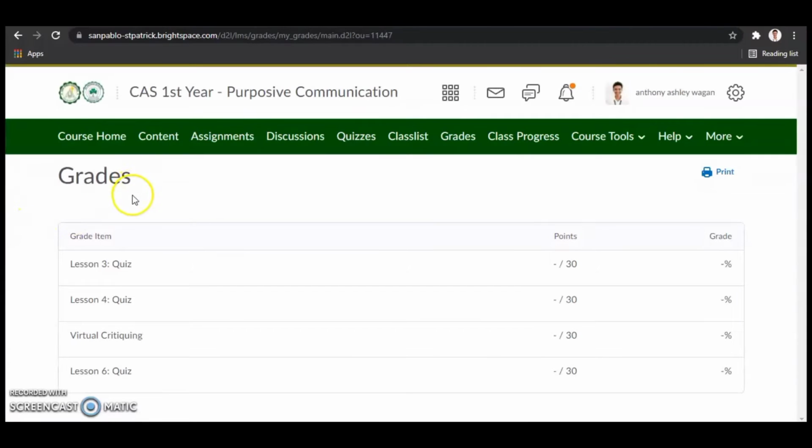So whenever your professor or your teacher corrected your activity, quiz, or whatever it is that he assigned to you, in this grade tab, you are all gonna see your grade. So for now, my professor doesn't put my grade here yet, so I am waiting for that.